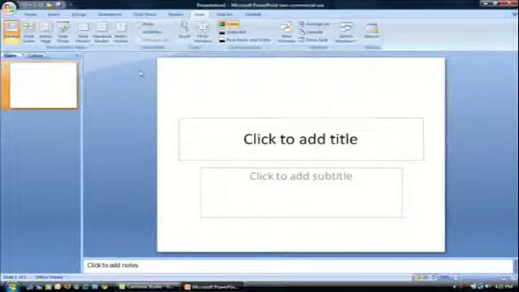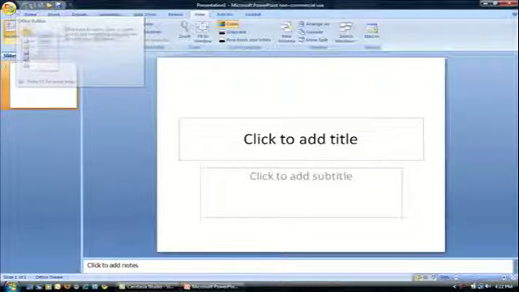Now I want to rehash some parts from Module 1, the screen elements themselves. At the very top of the screen there is what's known as the title bar. This shows the program that's running and the name of the file, in this case Presentation 1, just a generic default name that the program gives it until I retitle it. The ribbon right underneath there is populated by the tabs, which, like I just said, we talked about in Module 1. The Office button, the Quick Launch bar,